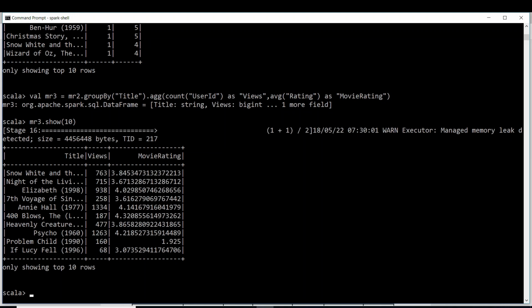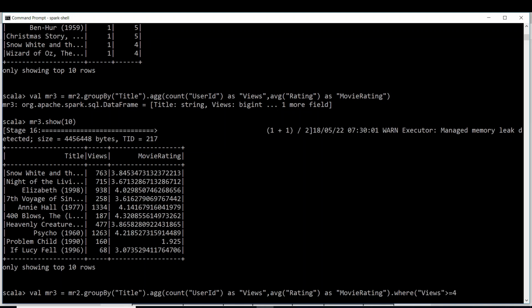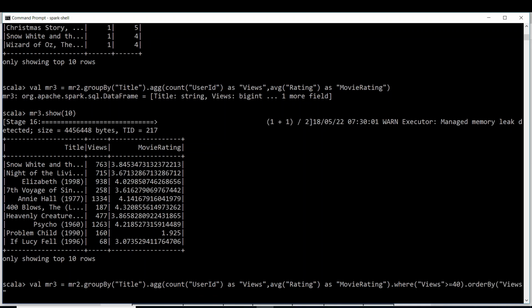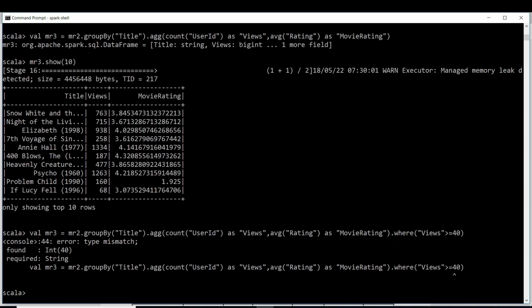In order to apply the filter operation, use where views is greater than or equal to 40, followed by order by views, descending order. Otherwise, let me go with this in the next operation because it may create confusion here. Where views are greater than or equal to 40.